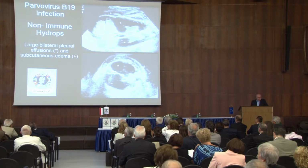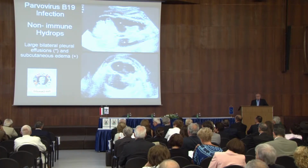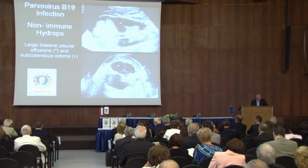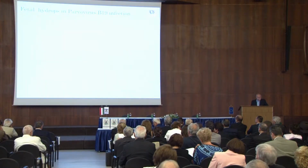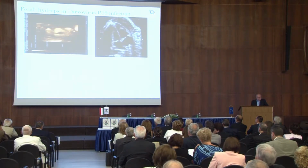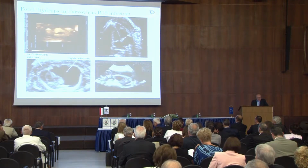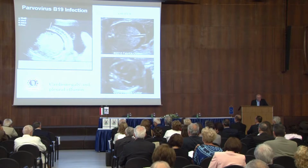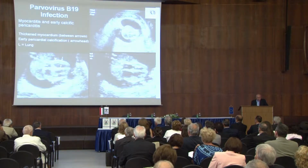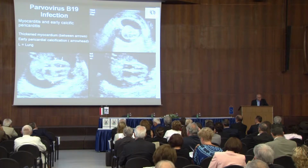Non-immune hydrops. Of course, with this picture you cannot say whether it is immune or non-immune, but it does stimulate you to go further in understanding this important ultrasonic sign. So, fetal hydrops in parvovirus B19, a typical picture: hydrothorax, free fluid surrounding the thorax, hydrothorax again, cardiomegaly and pleural effusion as part of the parvovirus syndrome, and again myocarditis, early calcific pericarditis, thickened myocardium between arrows,